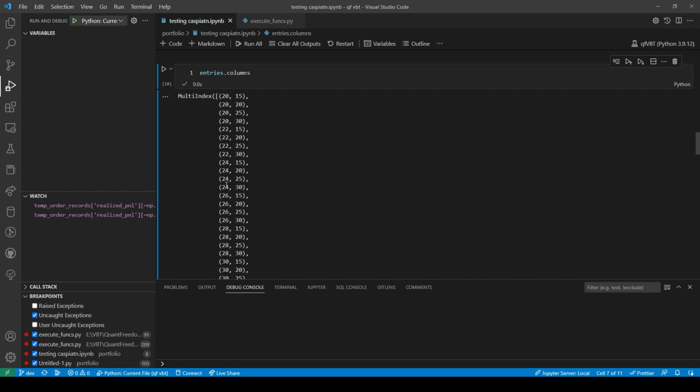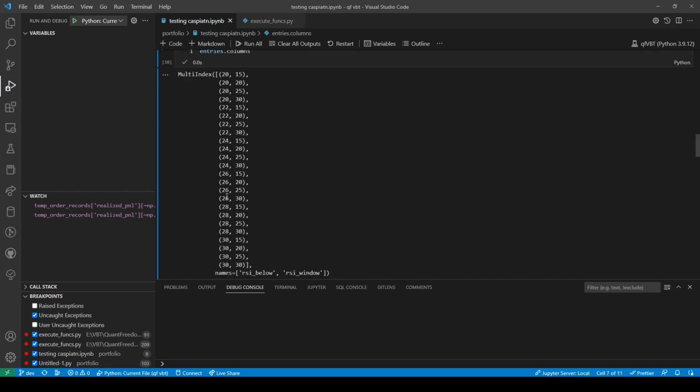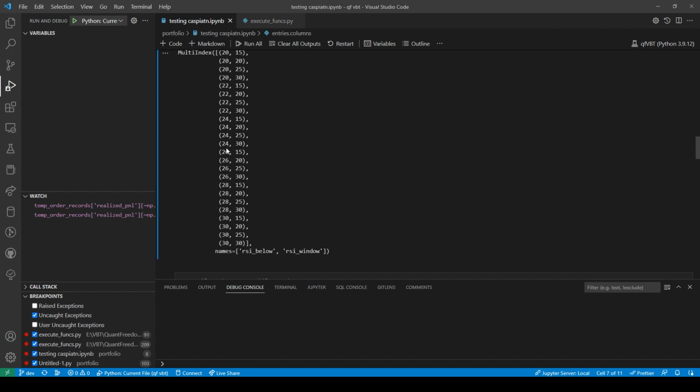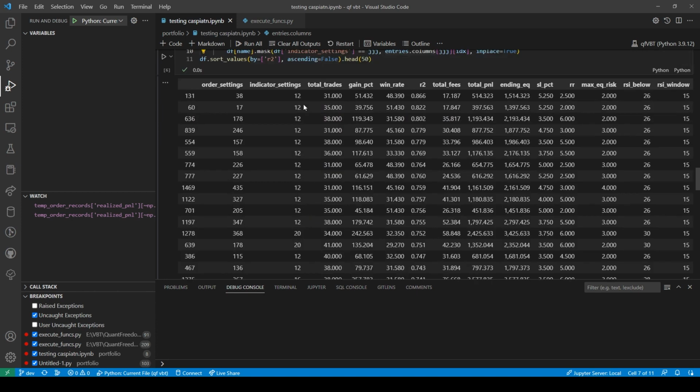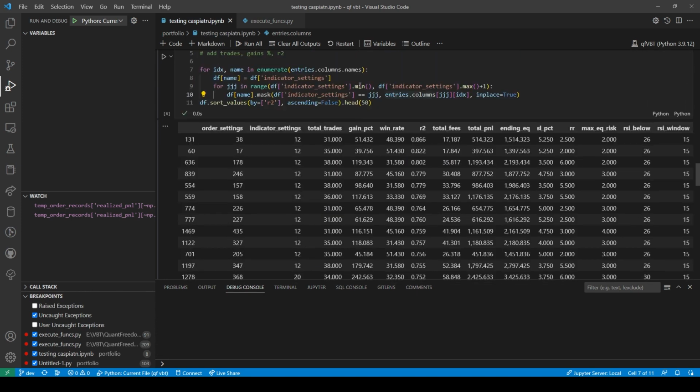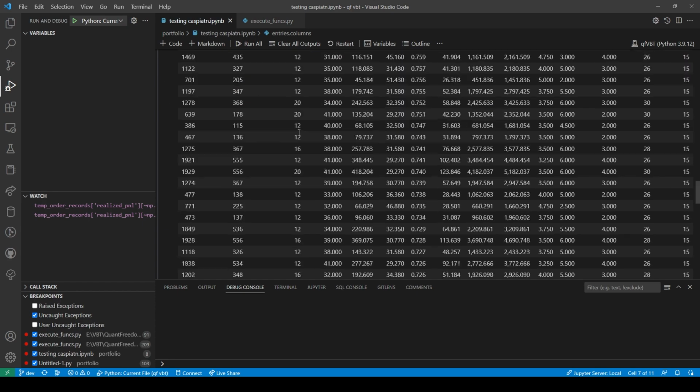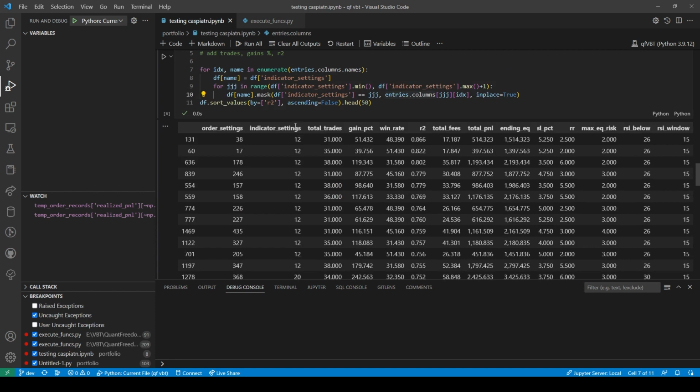So 0, 1, 2, 3. Let's just say this is 12, 26 right here, right? Yeah, I think it's actually this. 26, this is 12. And so grab this and put that here. So anytime there's 12, you can see all of these are 12. This is going to put 26 like we've done here. Then we're going to, once we're done with this whole thing, going up to like, I don't know, indicator 500